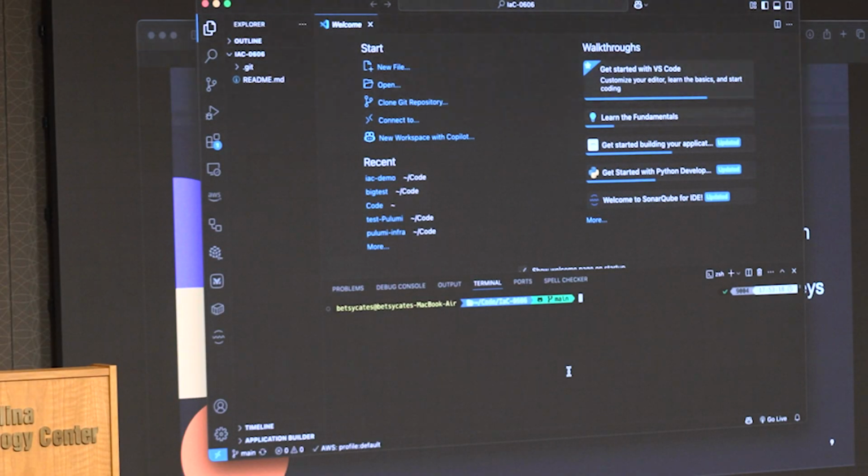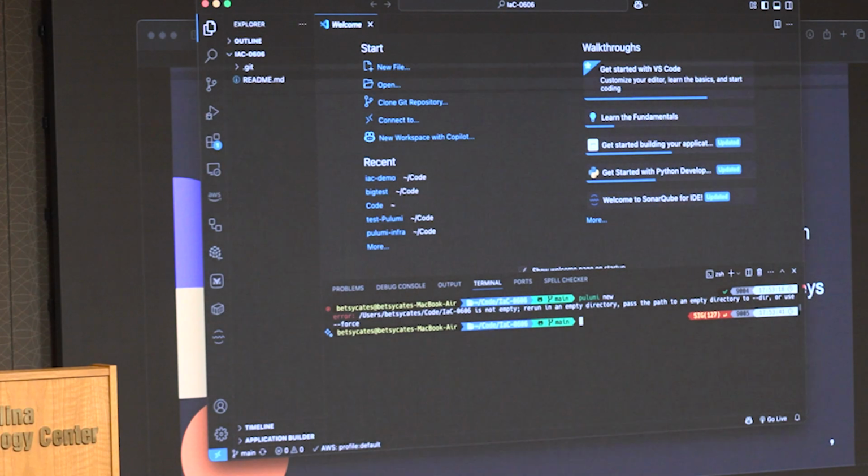All right, so the first thing we're going to do is type in pulumi new. Hold on, I got to delete this first.